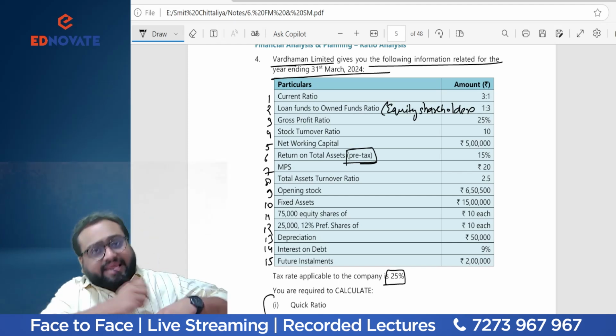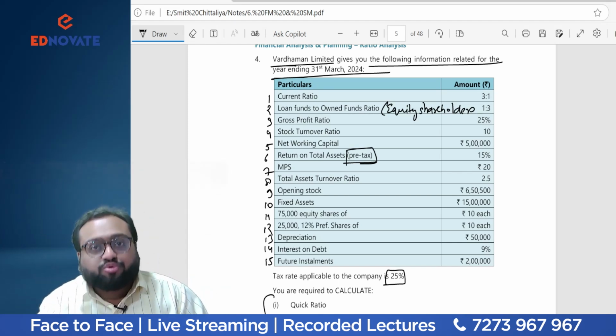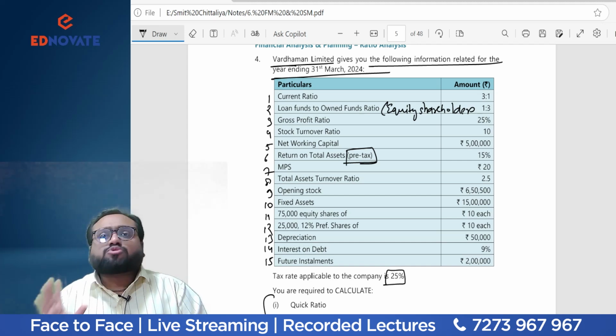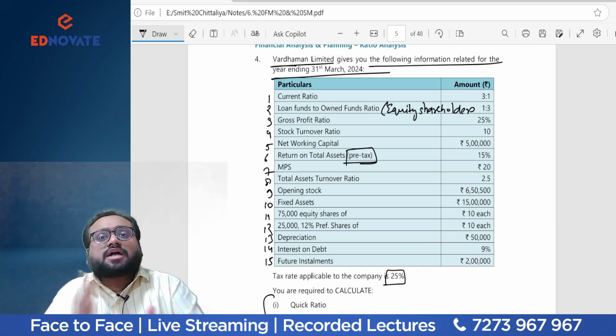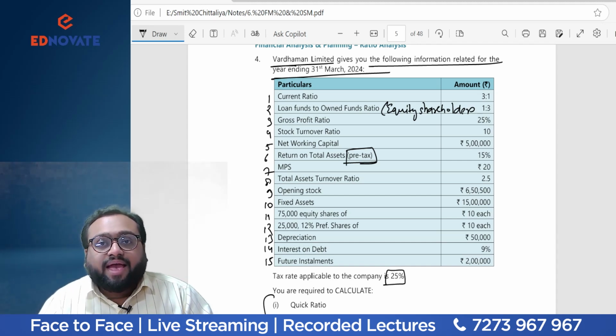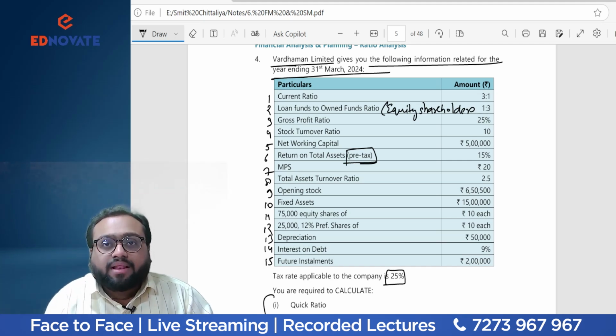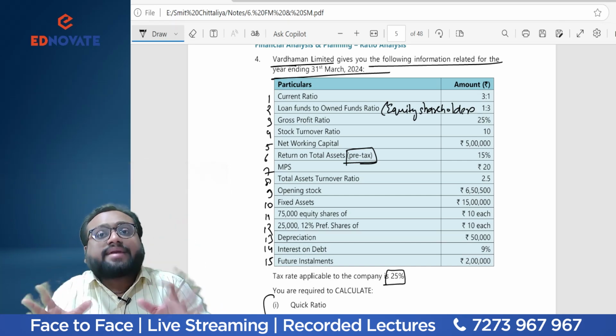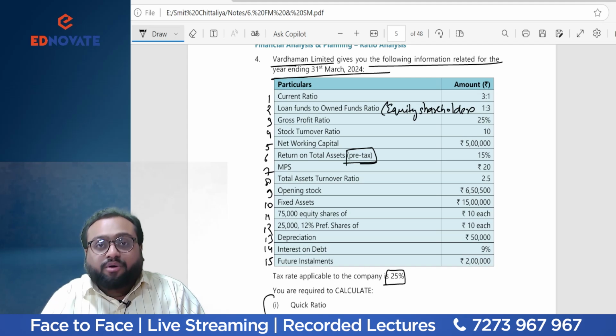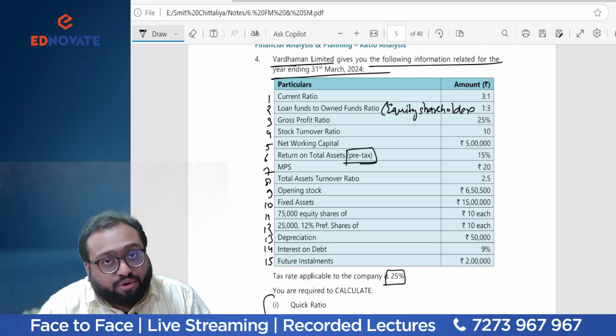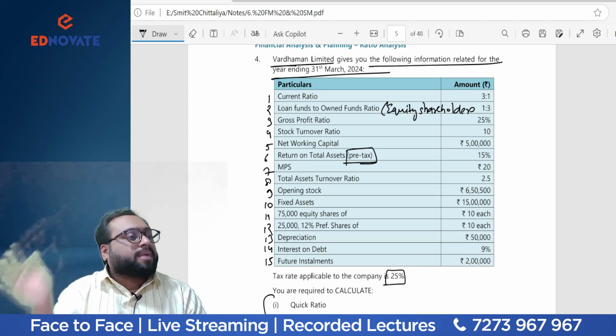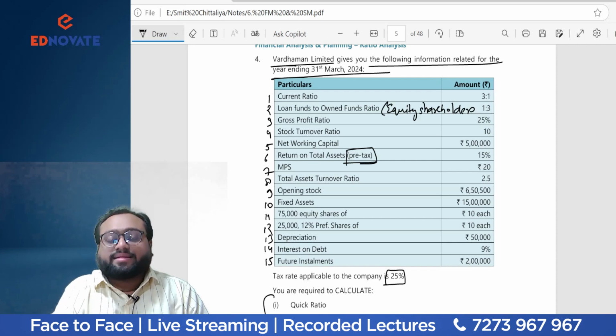What do you say? In exam also, with respect to accounting ratio analysis, do this approach only. Information available, start using. You know the formulas. And as you have revised the formula well, definitely you'll end up at the right answer only. Because this is the information and the answer is lying in this information only. So start using the data one by one, one by one. You will end up getting the answer definitely.